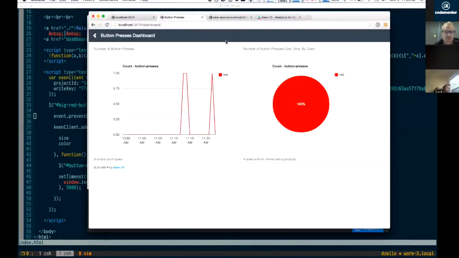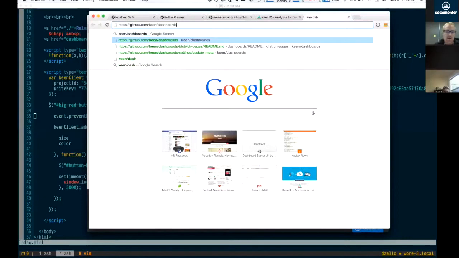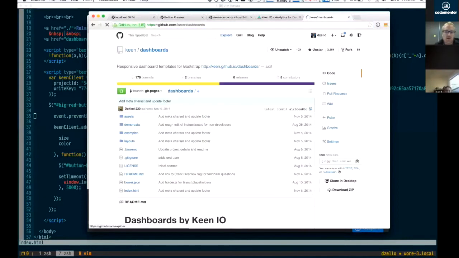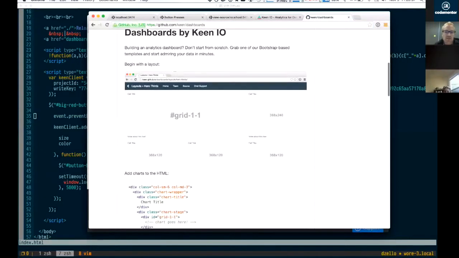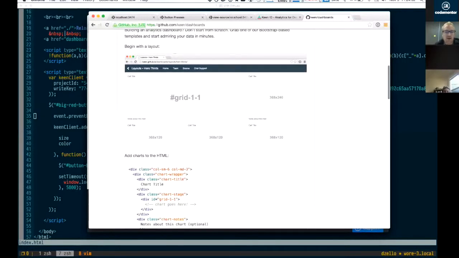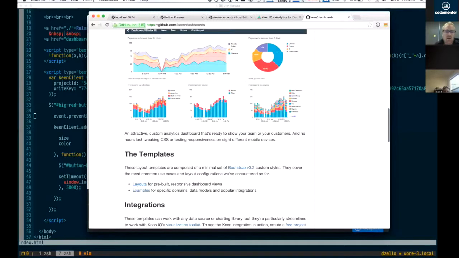The layout here is actually from a template, and it's from a project that we launched just last week called Keen Dashboards. It's here on GitHub, and you can go see it. It has basically these grid-based responsive dashboard templates, and you can grab any of them and modify the HTML and